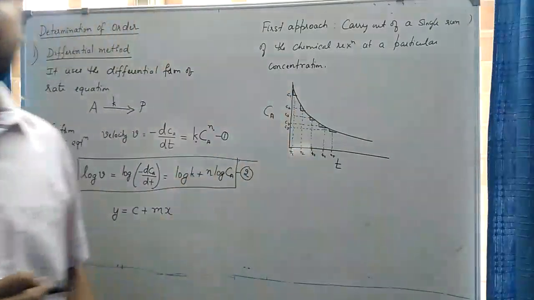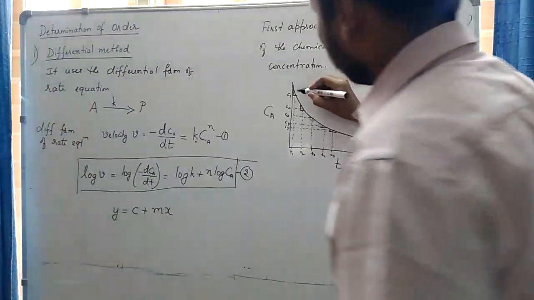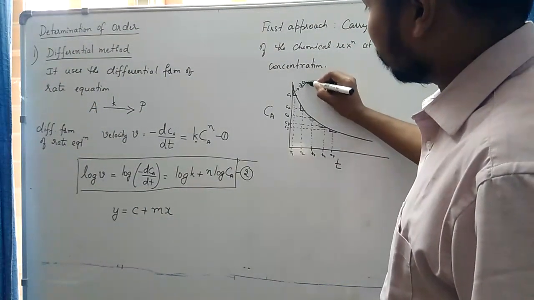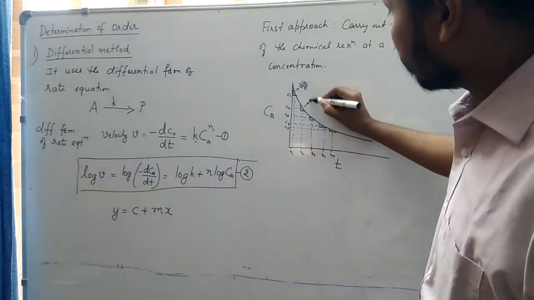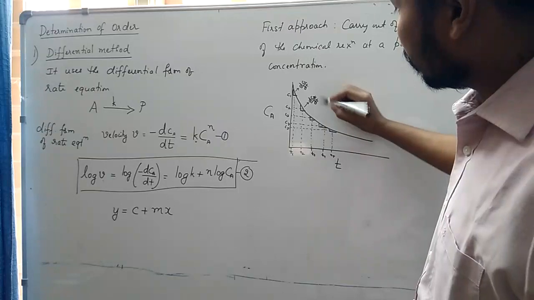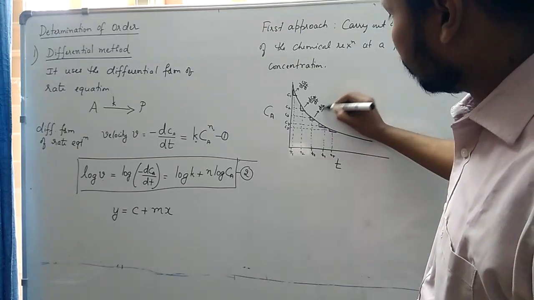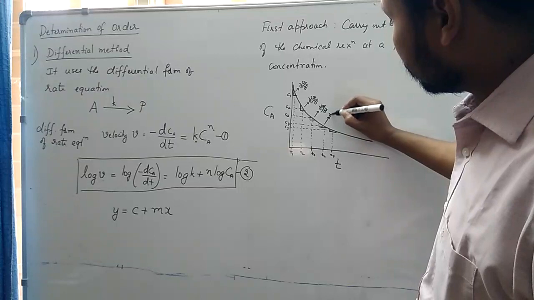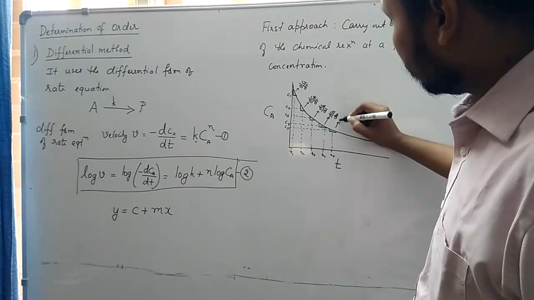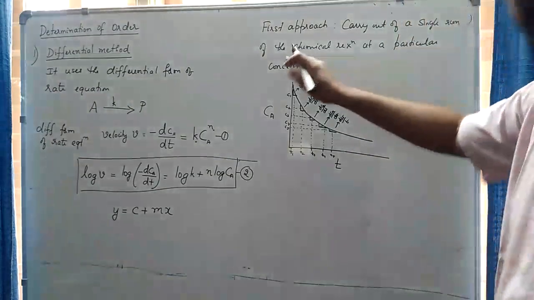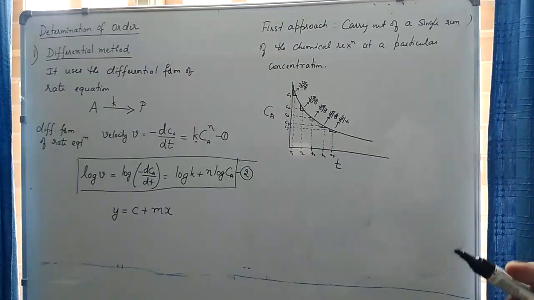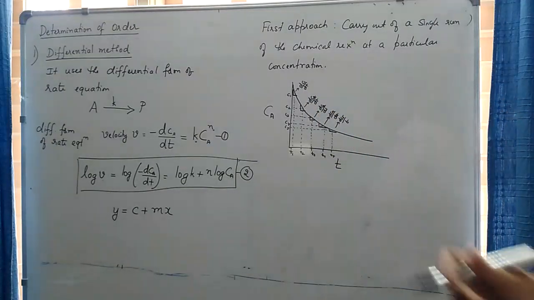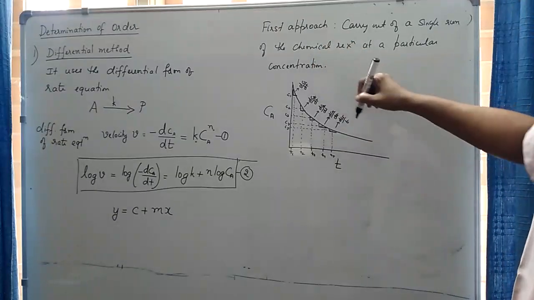They are the concentrations of the reactants, and the slope that we have found can be taken as dc1 by dt, that is the rate of the reaction at time interval t1. This is the rate of the reaction at time interval t2. Similarly dc3 by dt, dc4 by dt, and dc5 by dt. So from a single run, an experiment carried out with only one concentration of the reactant, we have measured the rates at 5 different time intervals. These are V1, V2, V3, V4, V5.